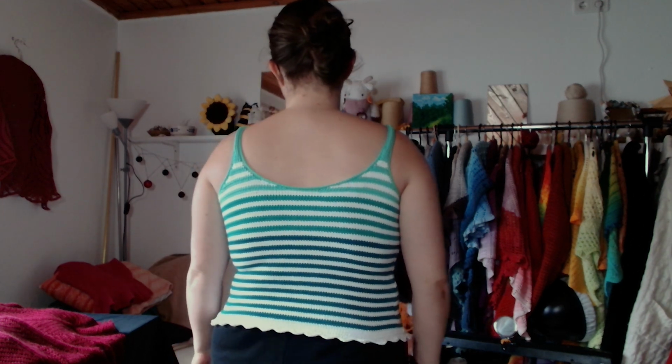And with this one I also learned that I don't like wearing things with ease, especially if it's tank tops. So for the future, the samples that I'm going to make, that I keep and wear, will have no ease at the bust, so they can be more comfortable for me. I realized that I like things that are slightly tight. So this is now in testing, by the way, and